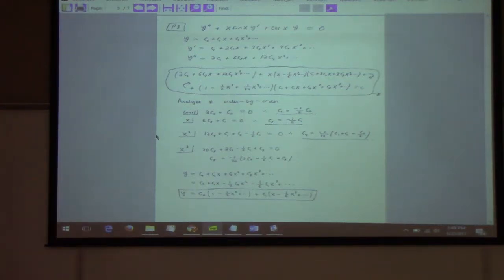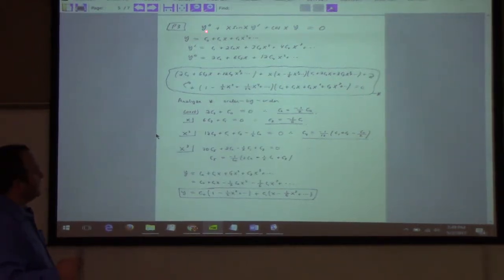Yeah, so this problem was a little bit unpleasant, but I hope that it was fairly clear what to do here. You want to convert everything to power series in sight, plug in a power series for y, a power series for y prime, a power series for y double prime, and then we just collect terms. So if I look at constant, I've only got this 2c2 here, and there's no constant terms from this guy, right? Over here I've got